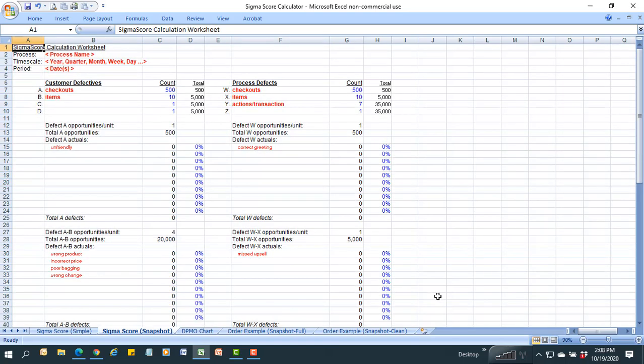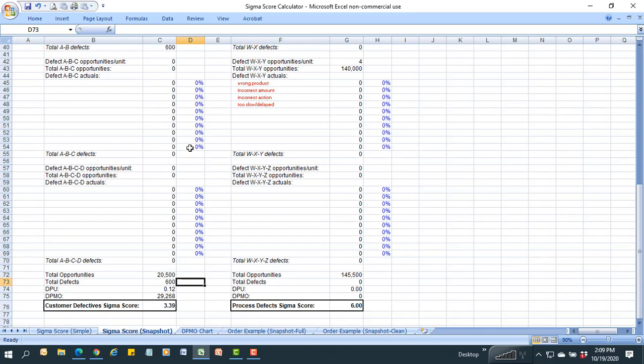But again, I go off now in the measure phase and say, how often does that happen? Well, I survey my customers, and they find that 10% of the time they consider the cashier unfriendly. When I talk to them about their experience with this, maybe 1% of the time they get the wrong product, 2% of the time they get the poor bag, incorrect price. They're often unhappy with the bagging. 8% of the time it's done wrong, and they say, well, 1% of the time they get the wrong change. So I can fill in those numbers and get that kind of score. So based on that estimate of the defect rates associated with it, my customer sigma score becomes 3.39